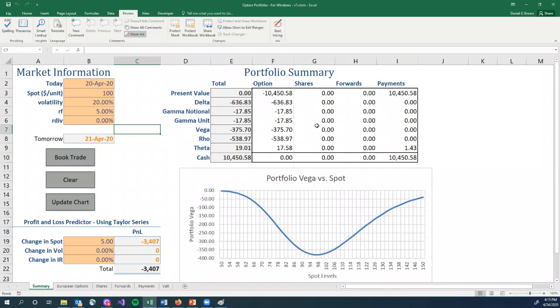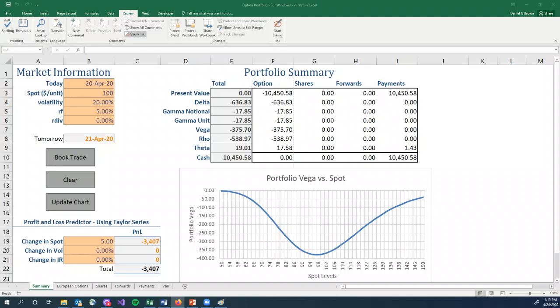Now, the Vega and the Gamma tell us similar things, right? If we're long options, we have a positive Vega. If we're short options, we have a negative Vega. We need options in order to have a Vega. The Vega on other contracts like zero coupon bonds and forward contracts and the stock itself, those don't contribute to Vega. So Vega comes from options.